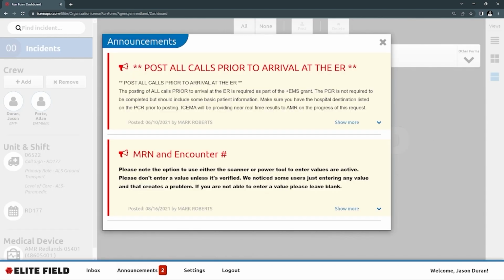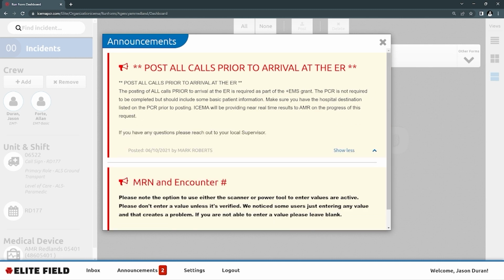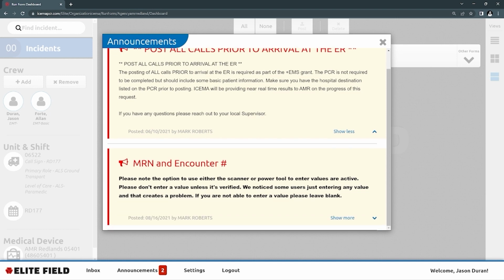Announcements is going to be company-wide announcements. This is going to pop up. There's going to be different things listed here. Right now, we can read this. These ones will almost be exactly the same every morning. Post calls prior to arrival at the ER. This is how the ER can look at the run form before we get there. Okay. It also saves a copy in the cloud in case the tablet blows up or gets run over and